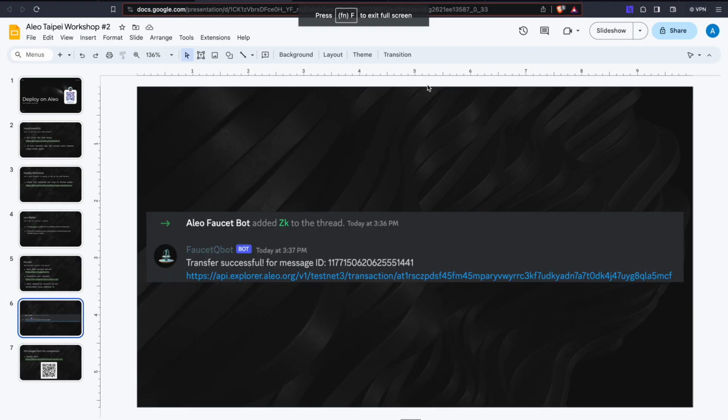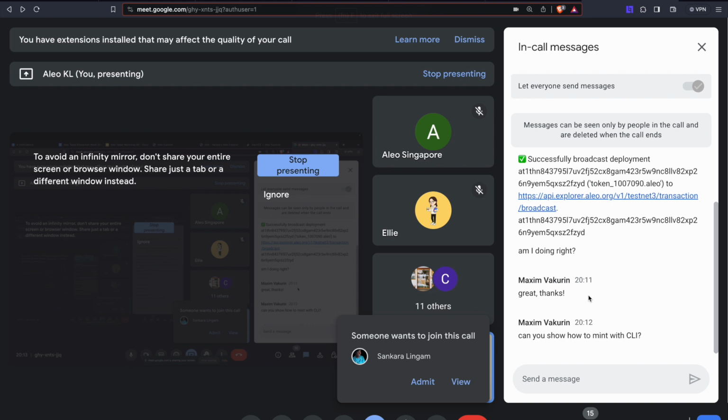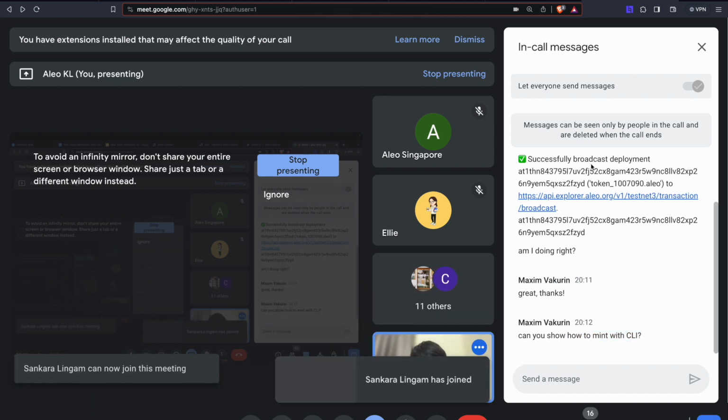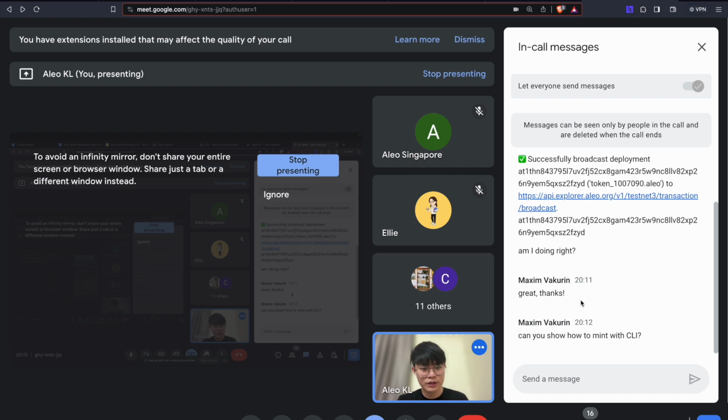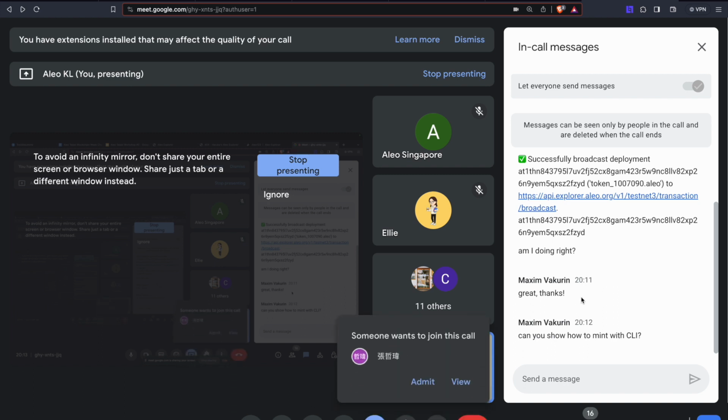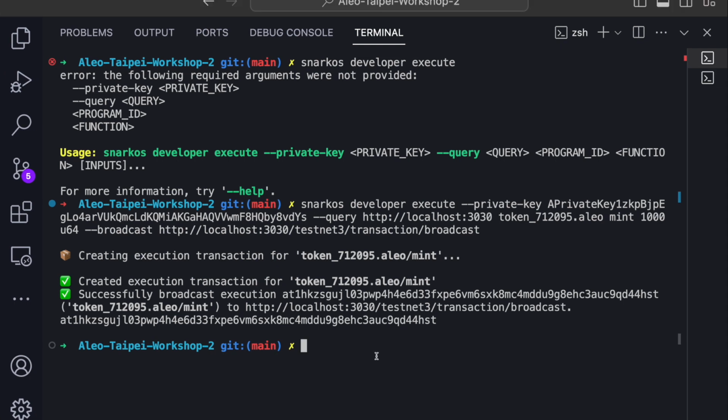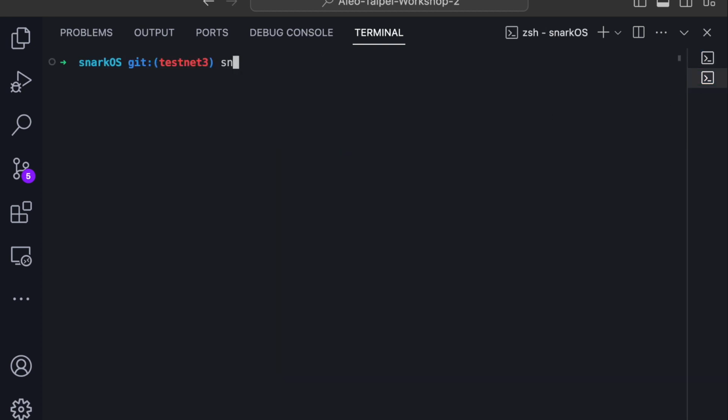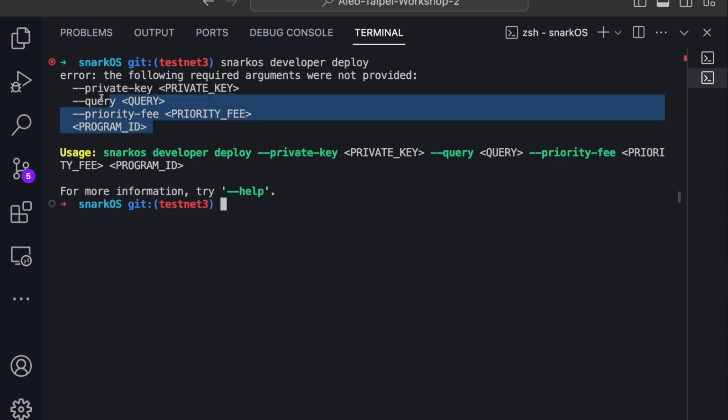Okay, so after you did it, after you install everything and you get the tokens, then you can use snarkOS CLI like this. You can go to your terminal, let me go here, you can say snarkOS developer deploy. Then it will show you a few arguments you need to give before you deploy a program, which is